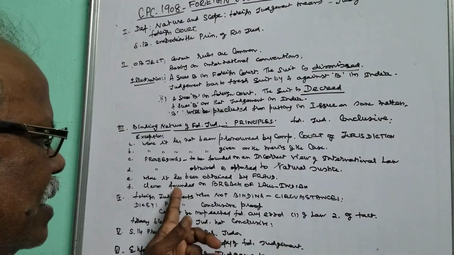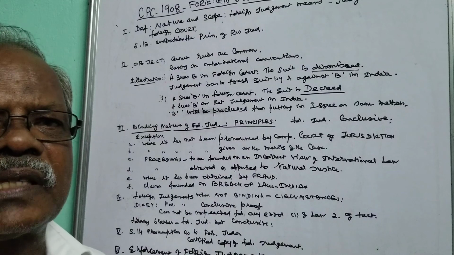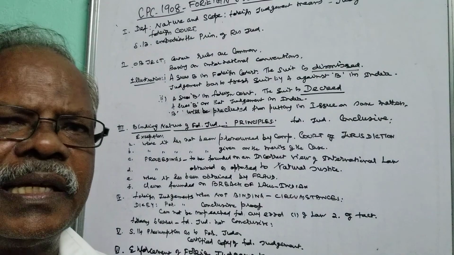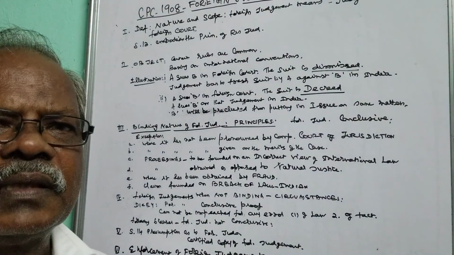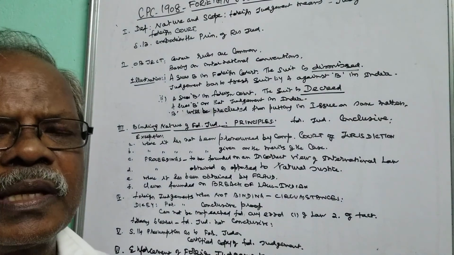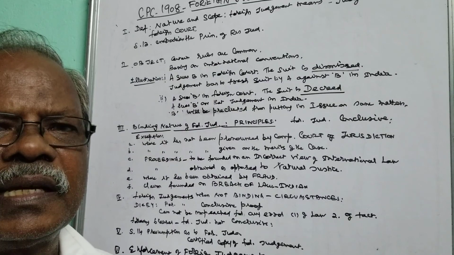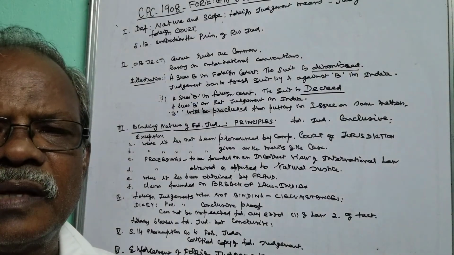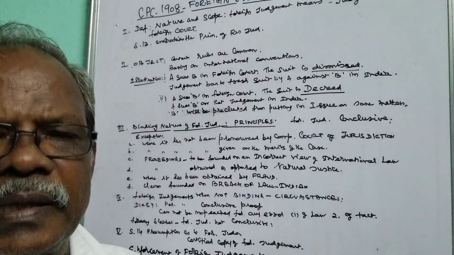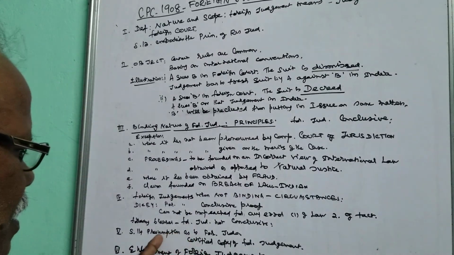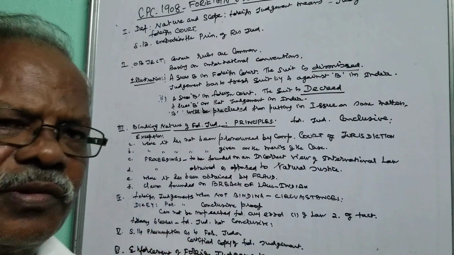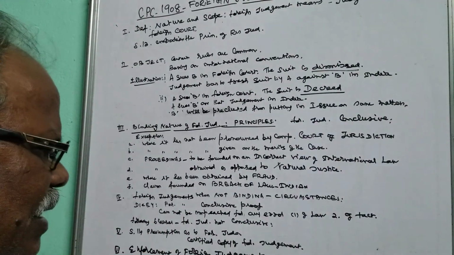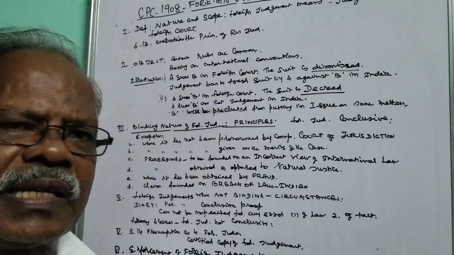Then the last one is the claim founded on the breach of Indian law. So when it is not within the ambit of Indian law, or when it breaches Indian law, it cannot be taken as the judgment made in a foreign court which will be applicable to India. Now we will move on to section 14. Section 14, presumption as to foreign judgments.